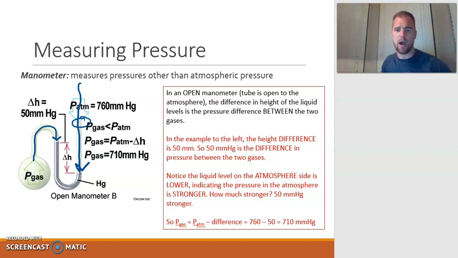Okay? So to figure out what the pressure is of the gas, you have to first take the difference in height. So let's say the difference in height was 50. But then you have to either add it or subtract it to the atmospheric pressure. So if I were to take a look at this, it looks like the atmospheric pressure is higher because it's pushing the liquid level down. How much higher? 50. So the pressure in the bowl would be 7